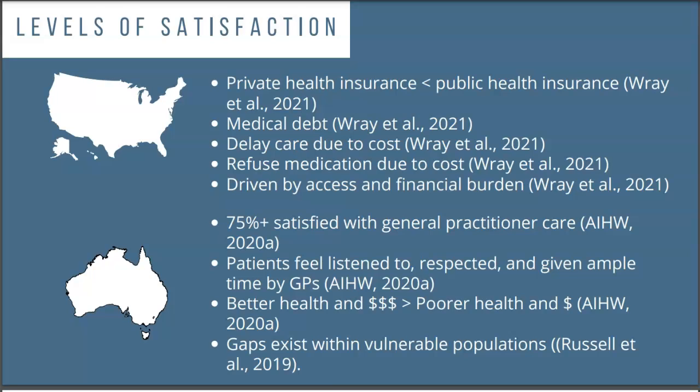In Australia, most people reported satisfaction with healthcare provided by general practitioners, with 3/4 of patients feeling listened to, respected, and having ample time with their provider. Those with better health reported more satisfaction with care than those with poorer health, and those with high socioeconomic standing reported greater satisfaction than did those of low socioeconomic standing. Those aged 75 and older reported excellent or very good quality care from their GP, in contrast to those in